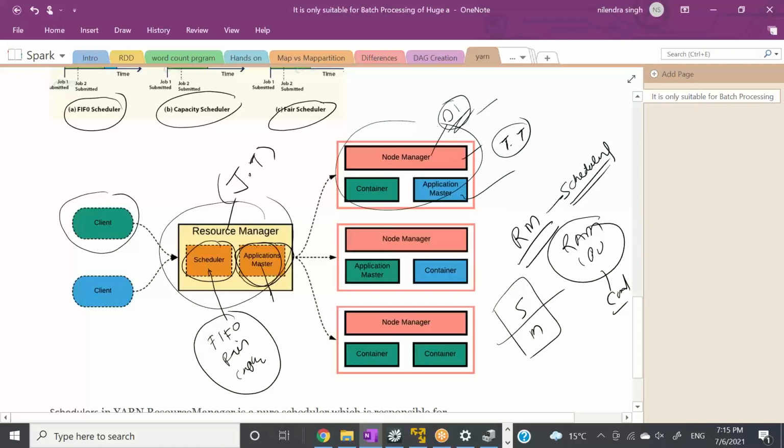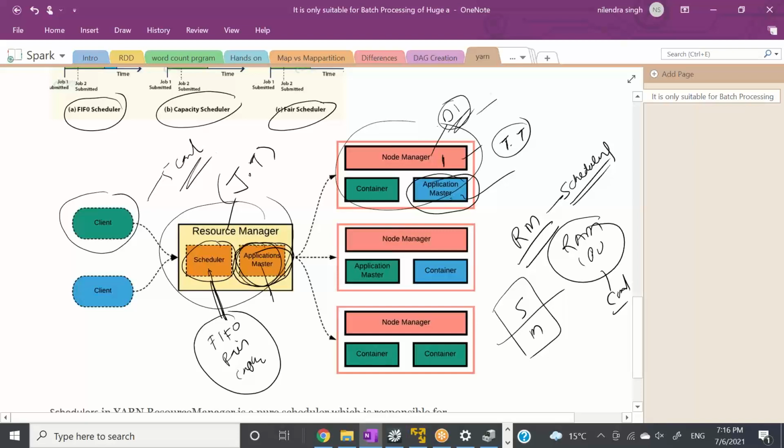So when you submit a job to the resource manager, it will do two things. First, it will schedule your job. And the second thing is it will analyze how many resources you need. To negotiate those resources, it will create one application master on one of the node managers. So let's say it creates this here on node manager 1. Now what will this application master be doing? Let's say your job needs 5 resources or 5 containers.